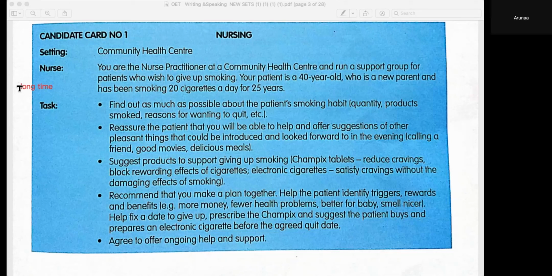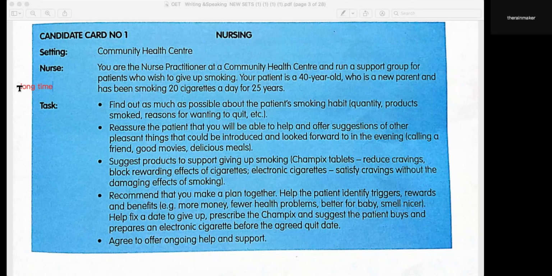And have you tried before to quit smoking? No, actually, I've never tried before. I didn't think that it was really necessary. It's just that the change has come after the child's birth.